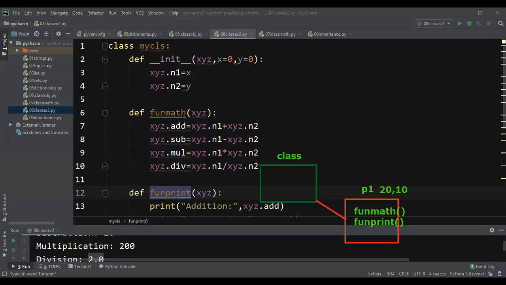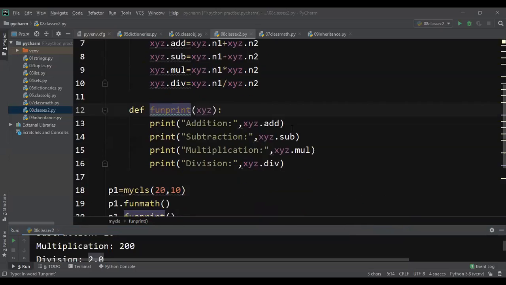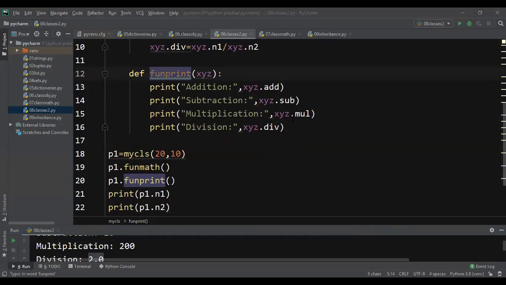Okay, fine. Right. Now what I will do is, okay. So there is no doubt, right?